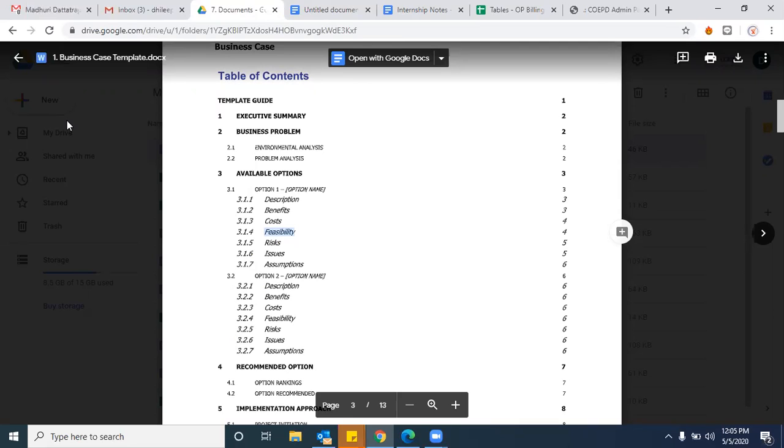For example, this Oracle ERP requires some good system configurations. Then only it can be deployed in the client machines. If the client is having very old systems, there is no such feasibility to implement a COTS product. Am I clear? So you need to check how feasible it is to provide this particular COTS solution to the client location.